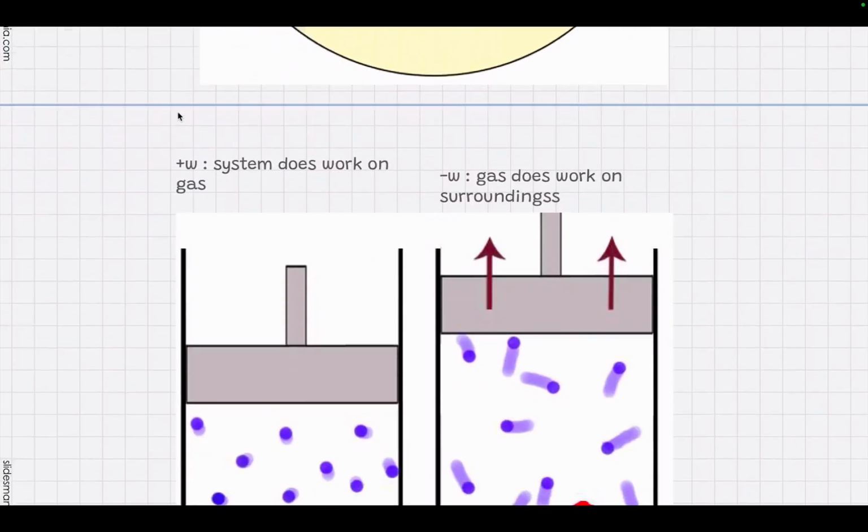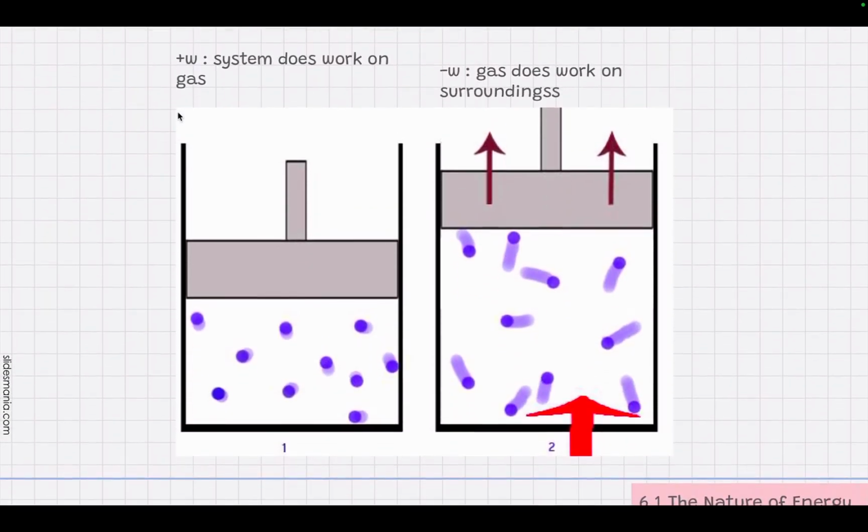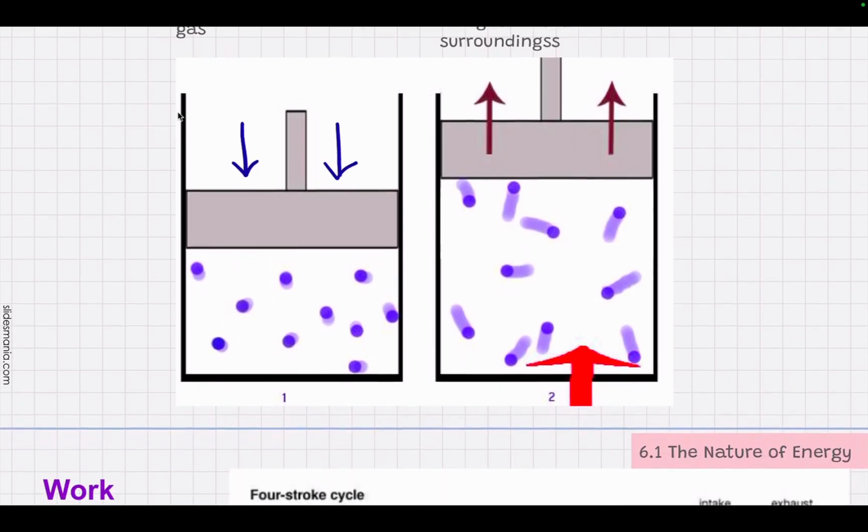So the classic example is just how our cars work in the cylinders. In the cylinders of our car, which have 4, 6, or 8, assuming we don't have a Tesla, there's a gasoline mixture with air, and the piston gets pushed down and compresses the air, so work is being done on the gas. So this would be positive work.